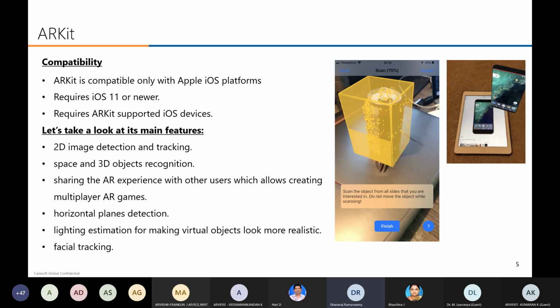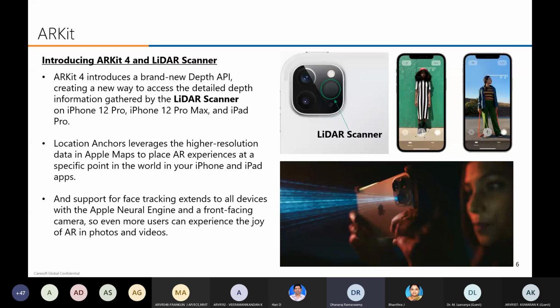Now I'm going to show you another feature, the lidar scanner. In this scanner, suppose a person is standing in front of this application, it scans the person and tells the person's height. In the previous example, you have to give a starting point and end point, correct? Then only you will get the measurement. But using this lidar scanner, it will scan the person and give the height of the person.